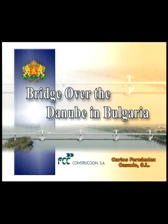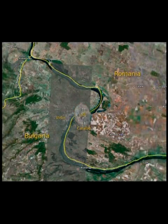Bridge over the Danube in Bulgaria. In this video, VIDIN Construction presents its proposal for the design and construction of the bridge over the Danube River